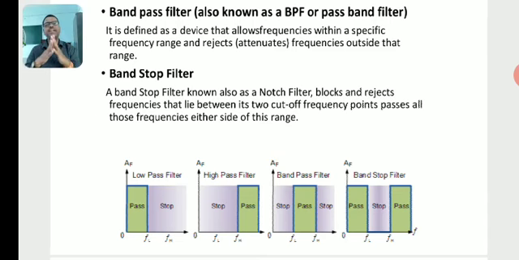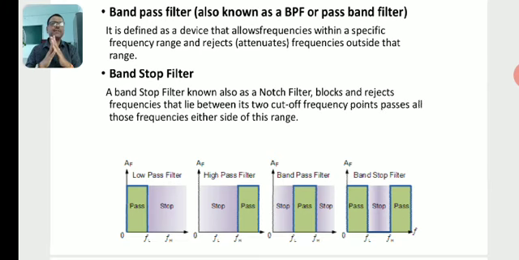Then the second graph indicates the high pass filter, which allows the signals of frequency greater than the cutoff frequency, which allows the higher frequency range and does not allow the lower frequency range, so it is called a high pass filter. Then the third diagram, the band pass filter: just see the diagram, which does not allow the frequency lower and lesser than that of the specific range of the frequency signals, so it is called a band pass filter.